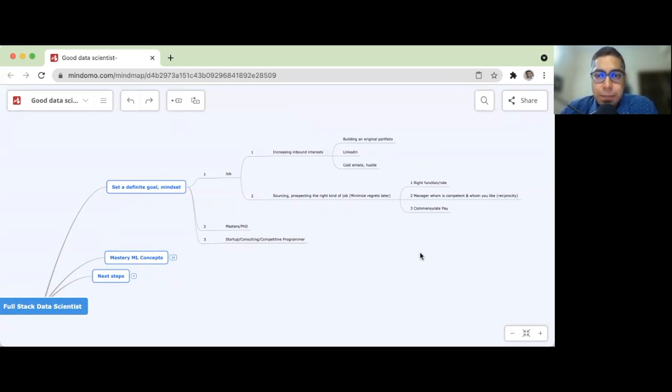Look for a manager who's competent, or look for a hiring manager, like the direct boss or the direct team members, who are competent and who like you. What does that mean? Three qualities. Number one, you must respect that person. It could be qualification, it could be role, it could be pedigree, whatever it is, you must respect that. You can never thrive in a role where you disrespect the boss. That is just not happening, right?